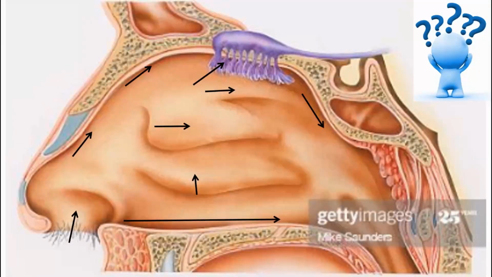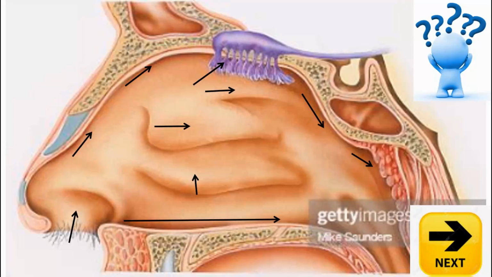The roof is dome shaped, first of all made of cartilage and then nasal bone, and as they reach the apex of the top, there you find the cribriform plate of the ethmoid, and here you can see the olfactory mucosa and olfactory receptors, and then the dome will continue down posteriorly in front of the sphenoid air sinus,